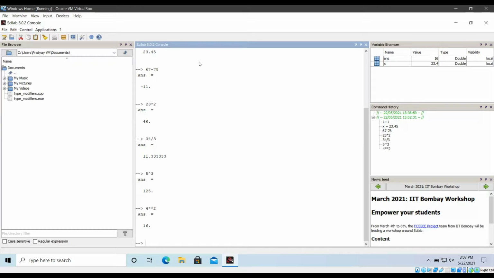You can see writing a statement in console is very simple. The problem arises when we try to write in a file. So there are two ways of getting an output on Scilab. You can test it using the console, which is kind of an interpreter. It will execute line by line, so you don't have to worry about that thing.